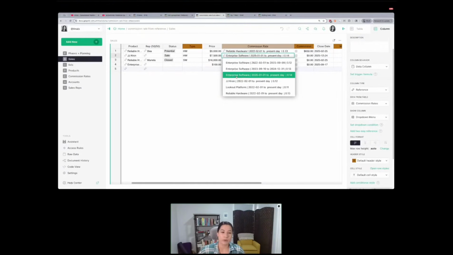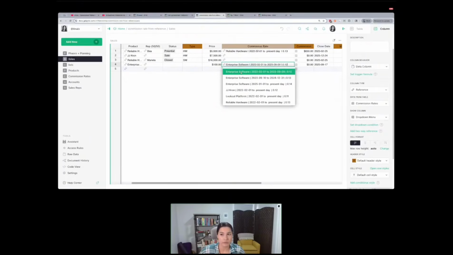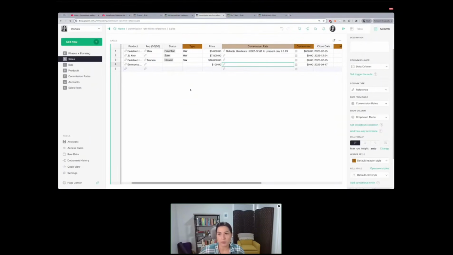But then you might start worrying, well, what if somebody selects the wrong product? I already have the product information here. Why don't I just restrict this list to do that? Well, there is a way to do that in Grist. But then once you do that, for something like enterprise, you're like, well, maybe it's supposed to restrict it by date. Once you get to the point where you're really restricting what you want someone to choose, you're probably better off using a formula. This formula in particular will be beastly,